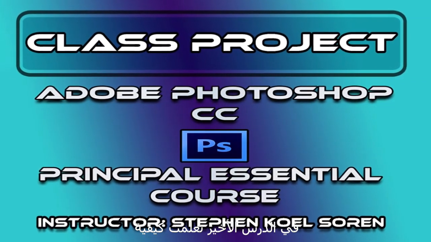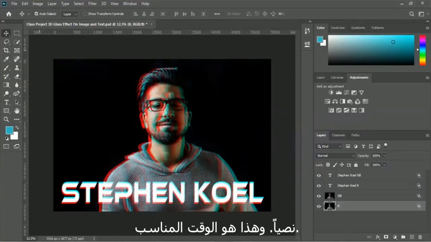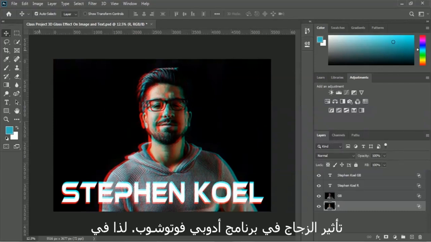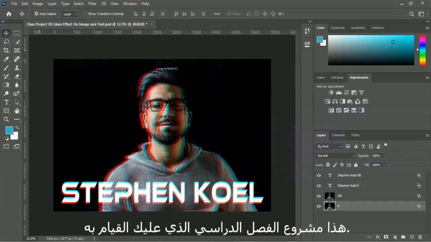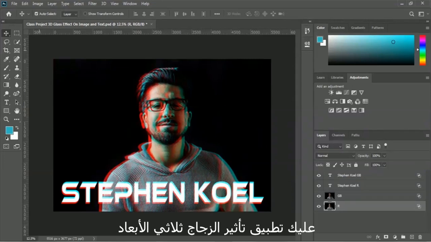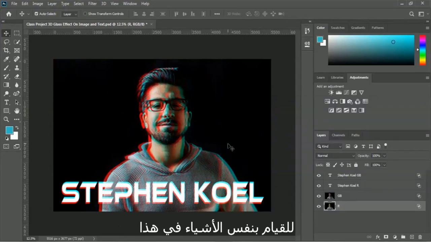In the last lesson you learned how to apply a 3D glass effect in an image and in text, and this is the time to apply your skills of the 3D glass effect in Adobe Photoshop. So in this class project you have to create a 3D glass effect in an image and you have to apply a 3D glass effect in text. Here is my output of the 3D glass effect, and you have to do the same thing in this class